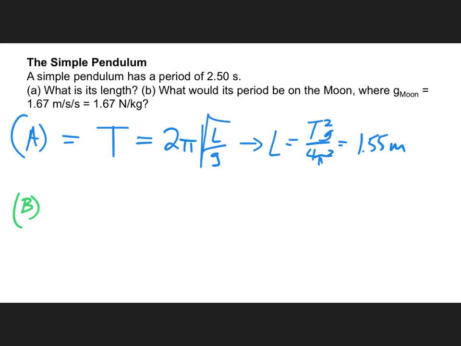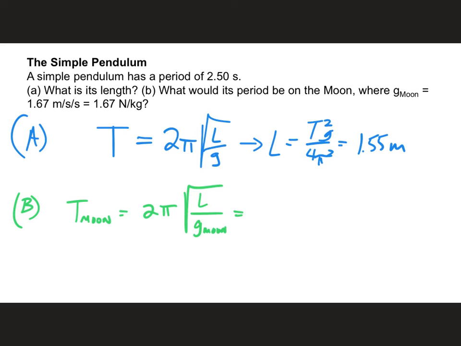Now, question is, what would its period be on the moon? Where the G for the moon is noticeably less, 1/6 of Earth. Well, we would take this equation, and T for the moon, well, 2 pi is still 2 pi on the moon. Okay, it doesn't change just because we went to the moon. The length of the string won't change just because we go to the moon, but the gravitational constant for the moon is obviously different. And so this means